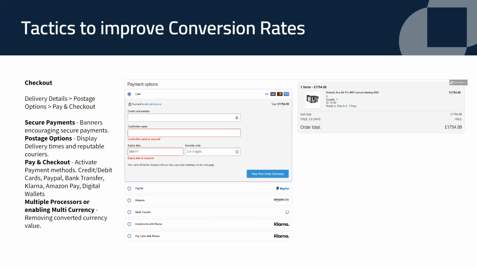And then the final one is the checkout. So that's three steps where we've got delivery details, postage options, and then pay and checkout. Make sure you're advertising secure payment through the use of banners on the site with your postage options